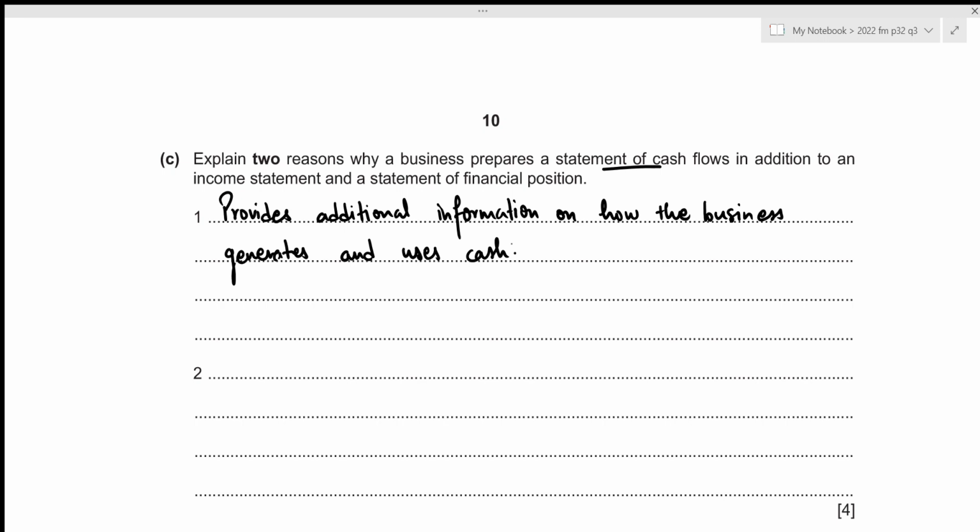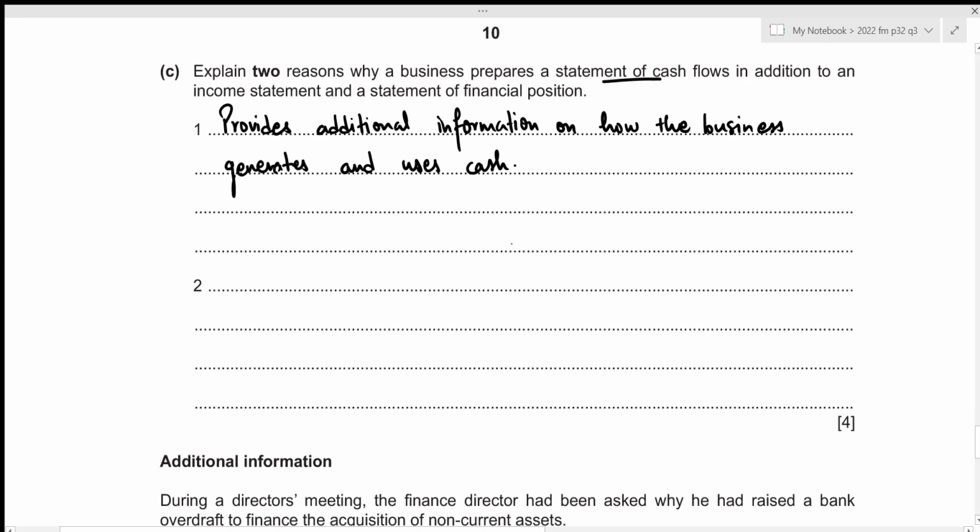And the second reason is because statement of cash flows is based on a cash basis, whereas the income statement and statement of financial position are prepared on accrual basis. Because if we remember correctly, while preparing the income statement and the statement of financial position, we need to record our prepayments as well as any sort of dues and adjust it, right, in order to figure out the profit for the year. But in case of statement of cash flows, we only record the cash inflows and cash outflows and completely ignore any sort of dues or prepayments. Let's write it down. It is produced